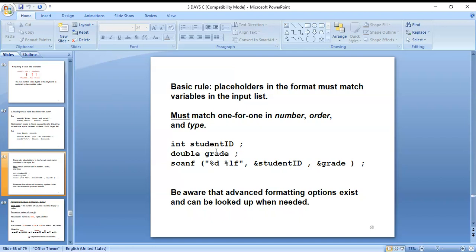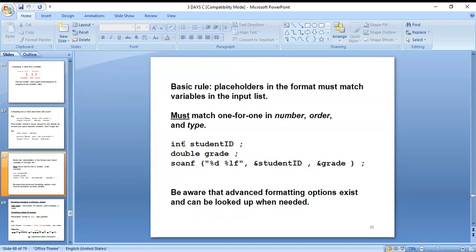Here you can see student ID and grade are both variable names. Next, you can see double grade. The double grade is a variable name and student ID is also a variable name.